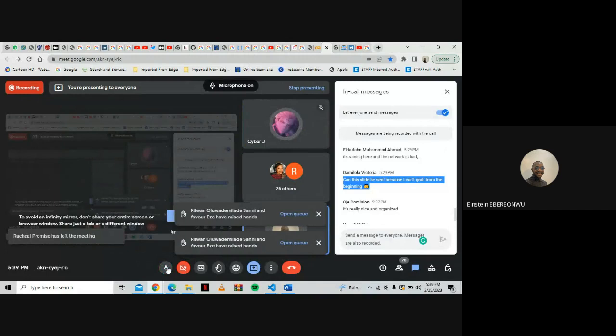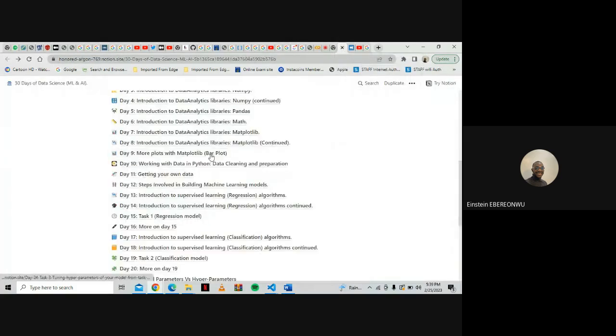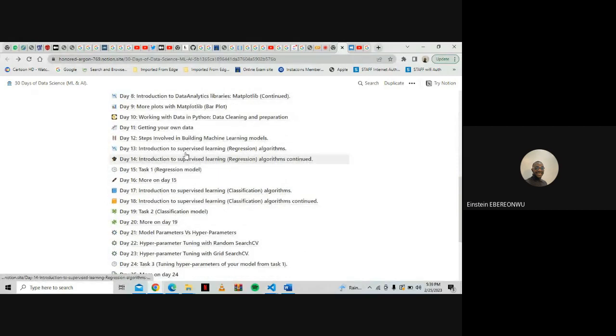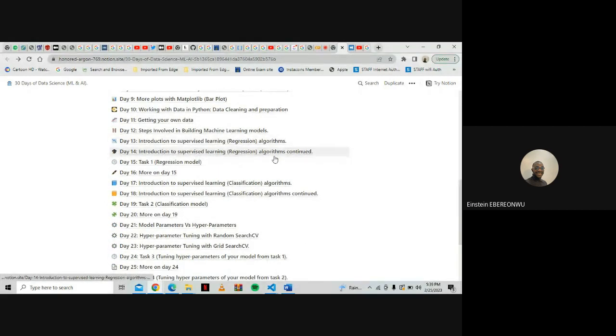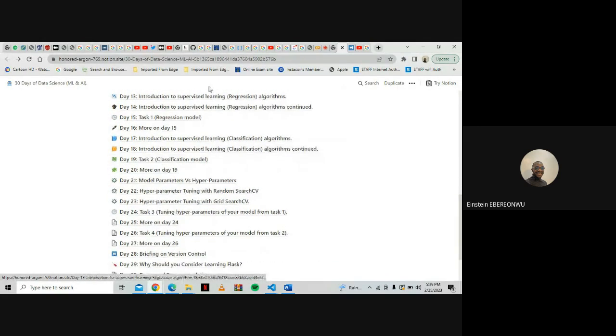Yeah, that's the majority of what we're doing. That's the bulk of what I spoke about. Someone said, "Can this slide be sent?" I've already sent the link to the group chat, so you can check there. If you look here, every single thing here has to do with this. Look at introduction to supervised learning. This thing called supervised learning is what you're asking me about. If we're going to be building models, supervised learning, we're going to